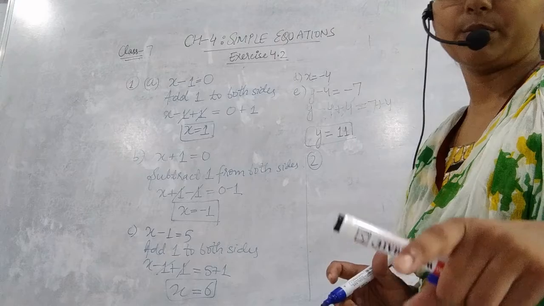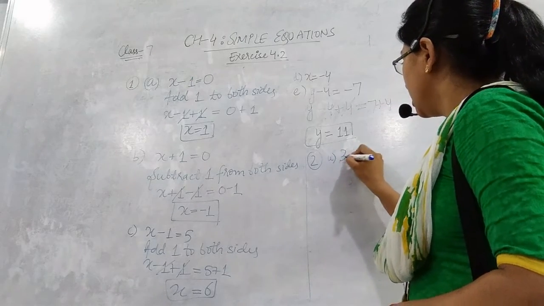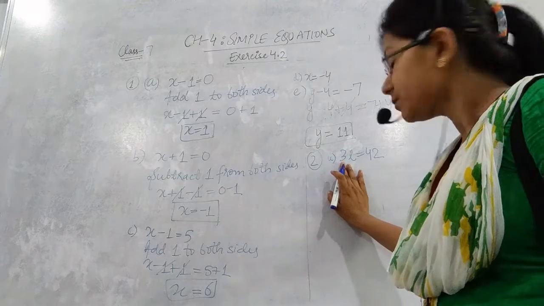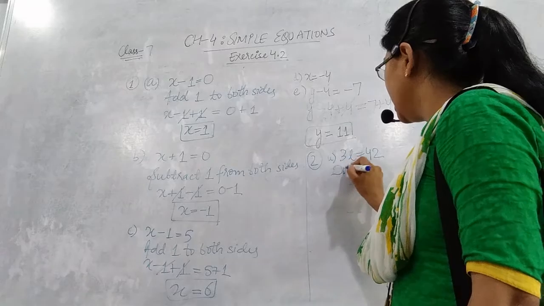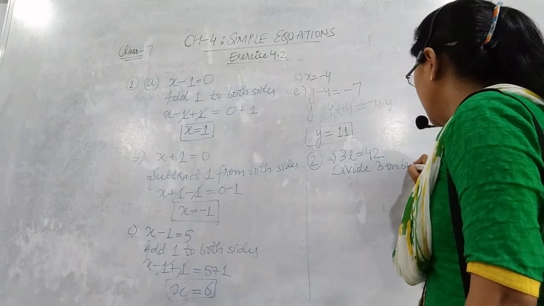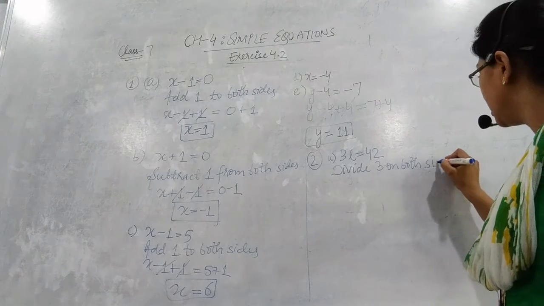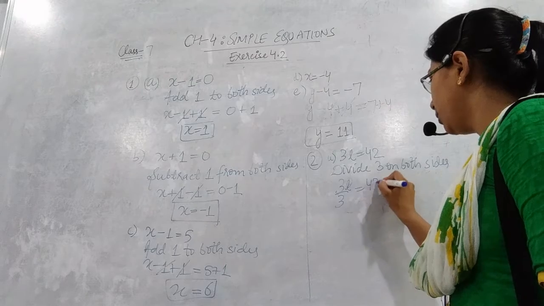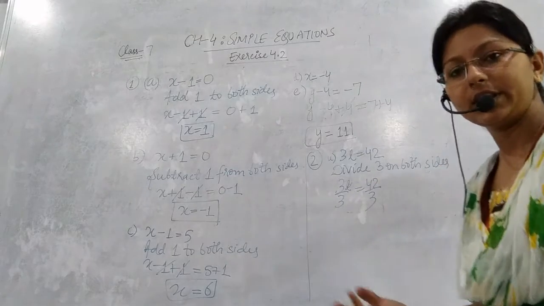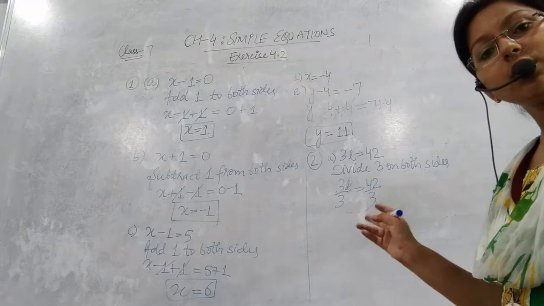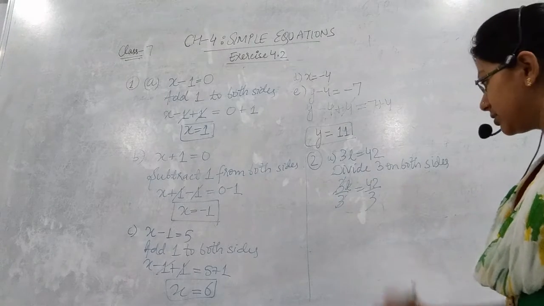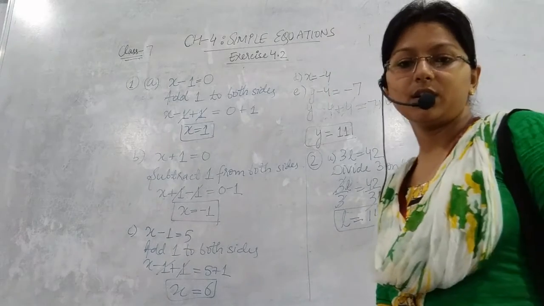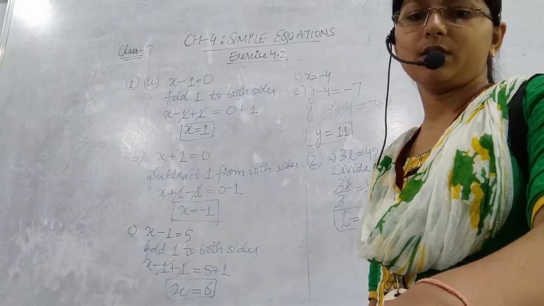ठीक है, सेकेंड क्वेश्चन में जैसे इसका A पार्ट अगर आप देखेंगे, 3l is equal to 42। Now l is the variable, we have to separate this 3, so since it is in multiply, so what I will write, divide 3 on both sides। ठीक है, 3 को हमें दोनों तरफ डिवाइड करना है, राइट। तो 3l upon 3 is equal to 42 upon 3। बैलेंसिंग मेथड में this is the specialty that whatever operation we are doing, that we have to do it on both the sides। This 3 will be cancelled, so l is equal to 14।